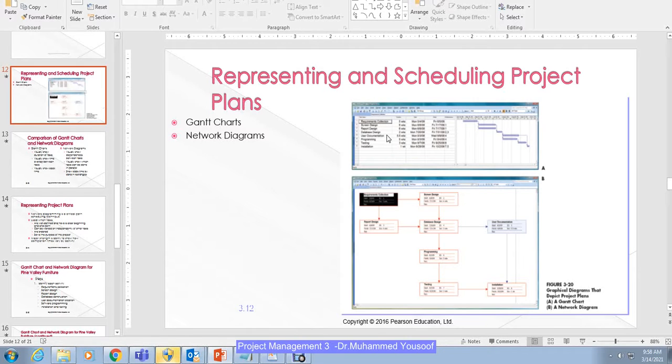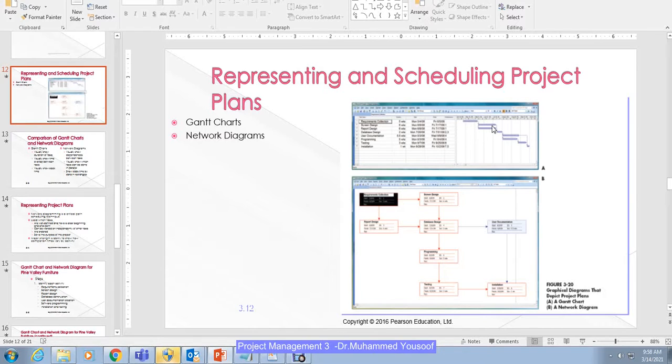This picture is about the Gantt chart. You can see the Gantt chart. These are the activities that are going to take place, and this is what is going to be done. We have something called a milestone at the end of each of the schedules or each of the activities, and that's called a milestone. We achieve something in the end. What we are going to achieve.